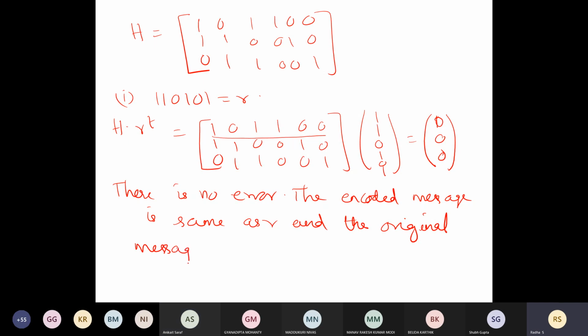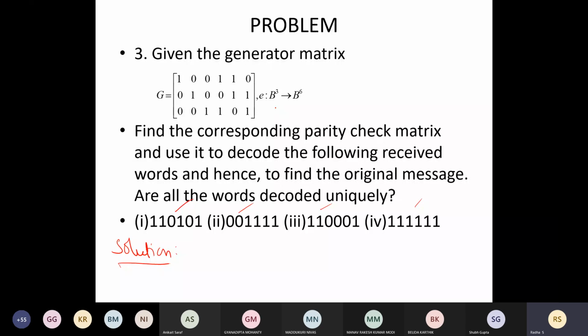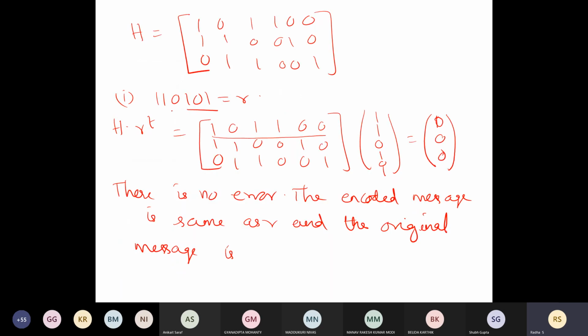The first 3 entries, because they themselves say it is from B cube to B6. So only the first 3 letters are the original message. The last 3 are added. So the original message is 110.